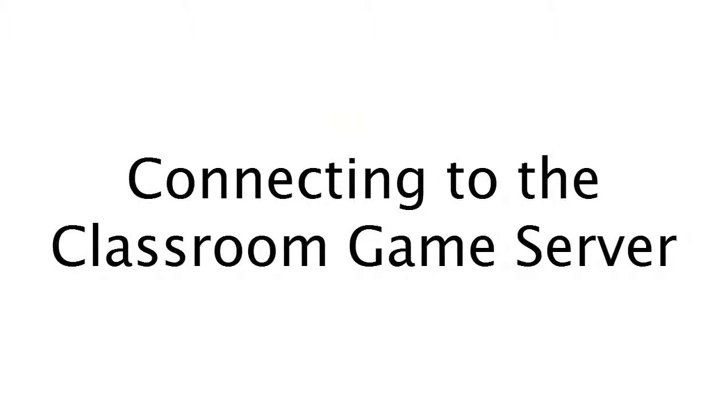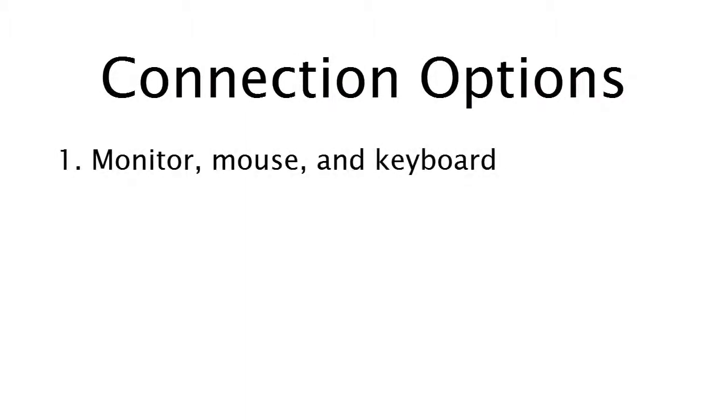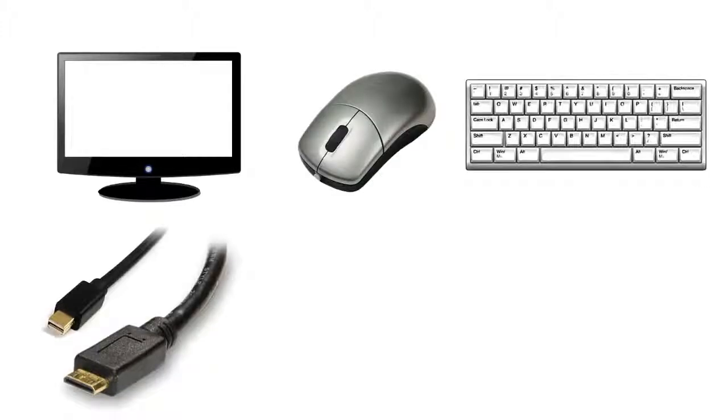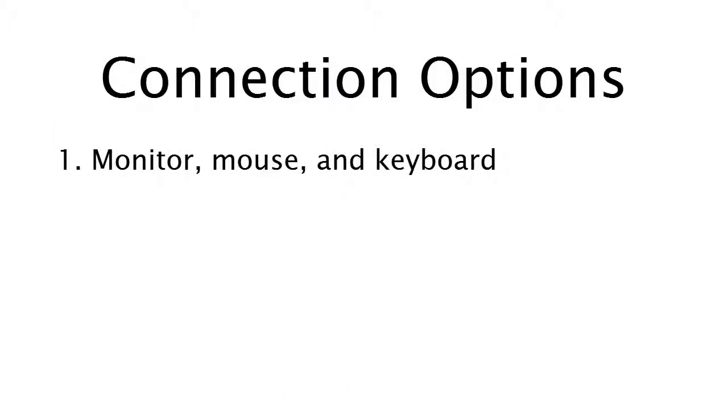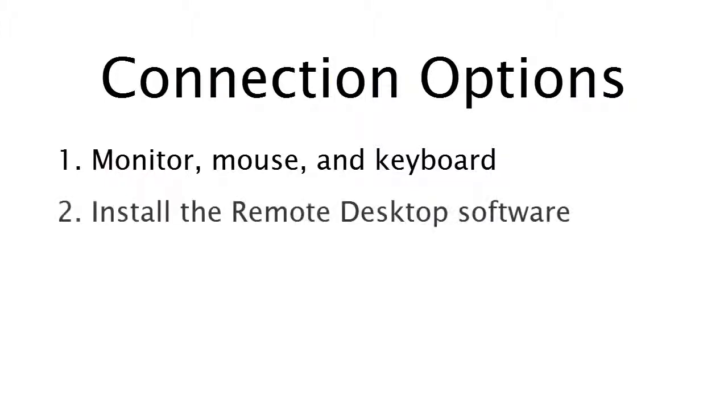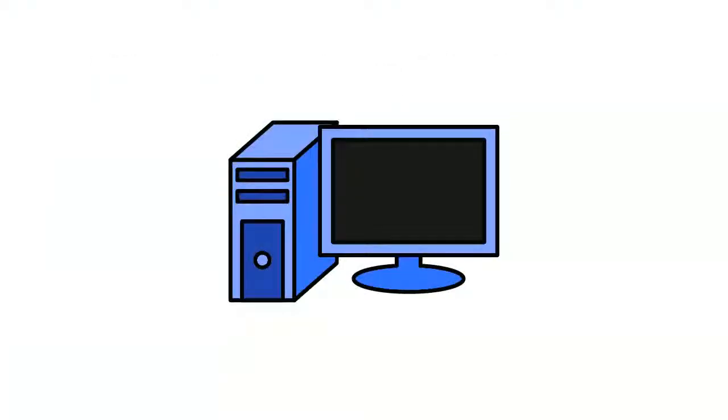Connecting to the Classroom Game Server. To control the Classroom Game Server, you can connect it to a monitor, mouse, and keyboard. The monitor must have a DisplayPort or mini HDMI input, and the mouse and keyboard must both have USB cords. If you do not have a monitor, mouse, or keyboard for the game server, the recommended option is to install the Classroom Game Server desktop software on your teacher computer. To do this, your teacher computer must be a Windows computer, and it must be connected to the same network